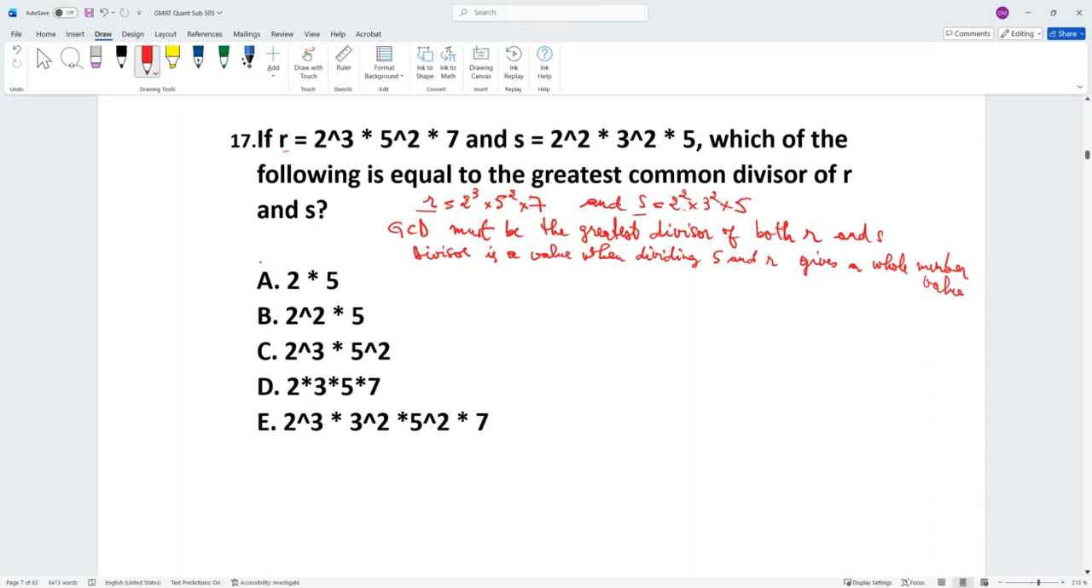So that means that if we try this, for it to be a divisor, it needs to be a divider of R and S. Okay, so like 2 times 5 here, is it a divider of R, for example? If we say 2 to the power 3 times 5 to the power 2 divided by 2 times 5, yes, this will also work, so this is equal to 2 to the power 2 times 5 times 7. So it is a divider of